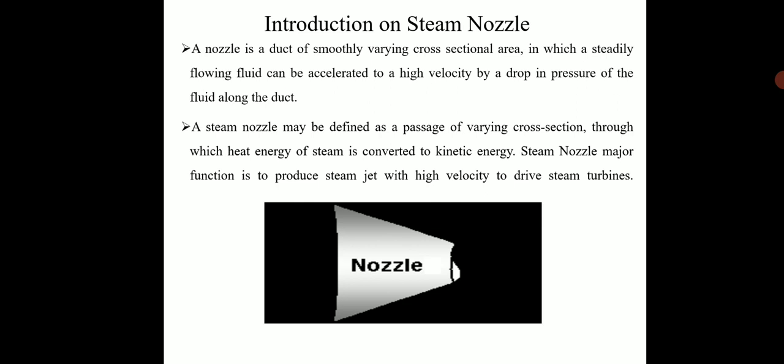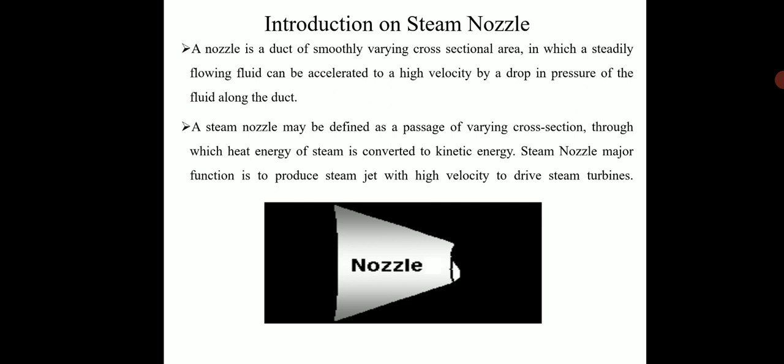First, a nozzle is a duct of smoothly varying cross section in which a steadily flowing fluid can be accelerated to a high velocity by a drop in pressure of the fluid along the duct. But a steam nozzle can be defined as the passage of varying cross section through which the heat energy of steam is converted into kinetic energy. The major function of a steam nozzle is to produce a steam jet with high velocity to drive the steam